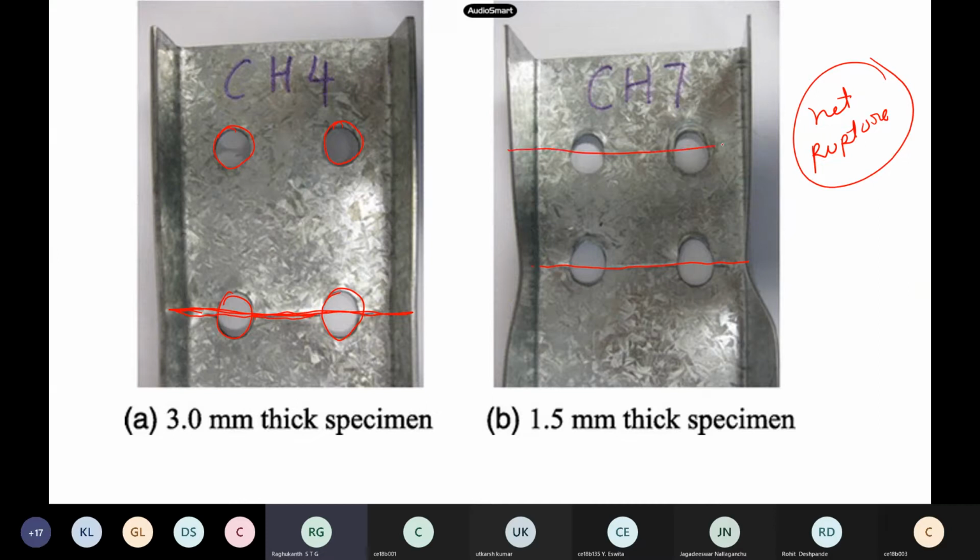So if you take this section, what will be the net area? Now, in this case, what will be the net area here and in this section? If you take this area, it will be the total length minus 4 into diameter into thickness. No, 4 is for the total. So this is one section.